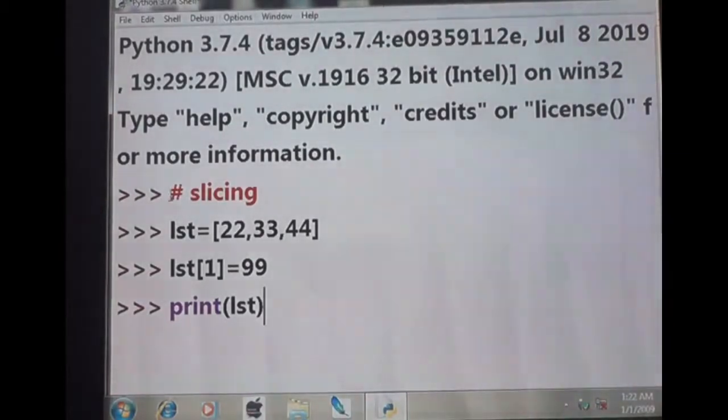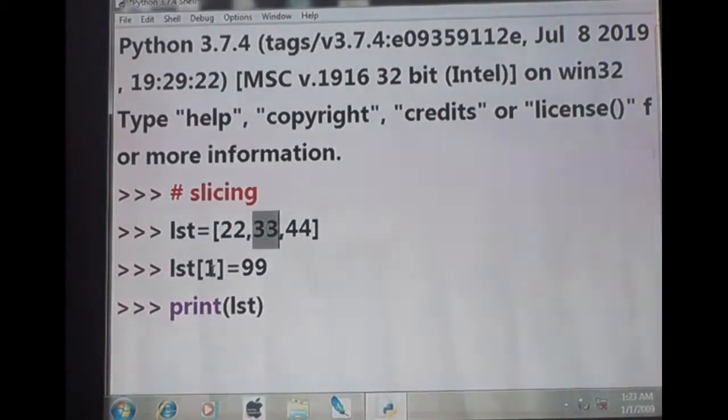Listen, list value is 22, 33 and 44. List of 1 is equal to 99. That means list of 0 means 22 and list of 1 means 33. List of 1 is nothing but 33. So in the place of 33, 99 will come. This is the 0th index, this is the first index.